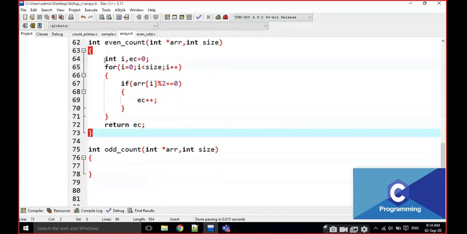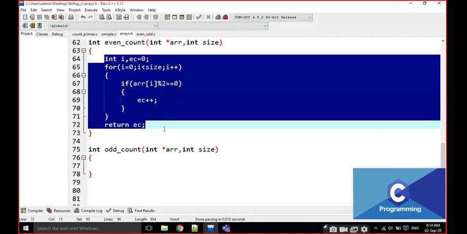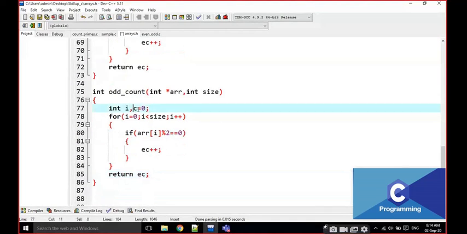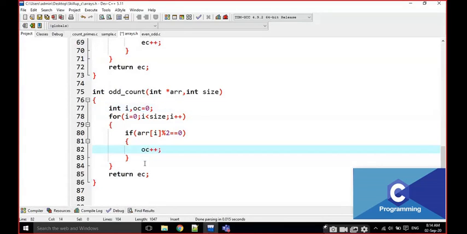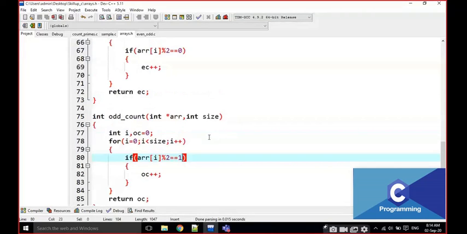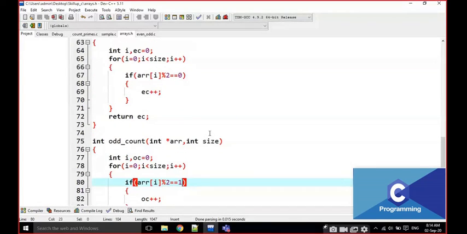The same content that I am writing here, I am going to write here also, and this is OC, for example, and this OC is incremented, and I am going to return the OC. But here it is not equal to 0, this is equal to 1. That's it, nothing else. The program is very simple.